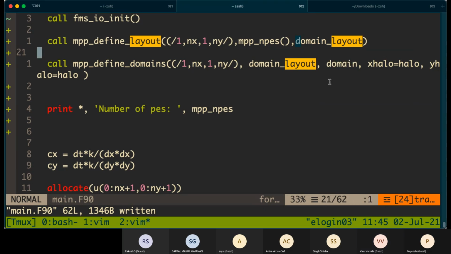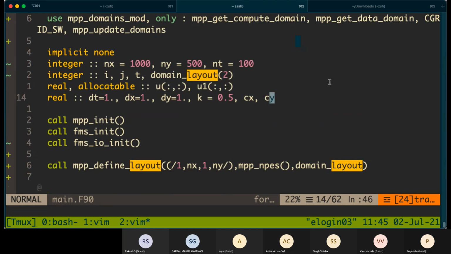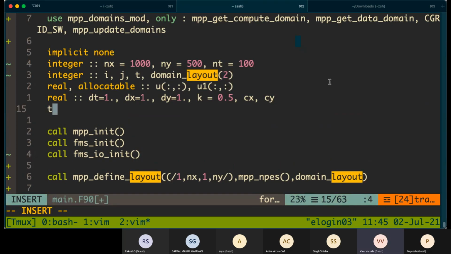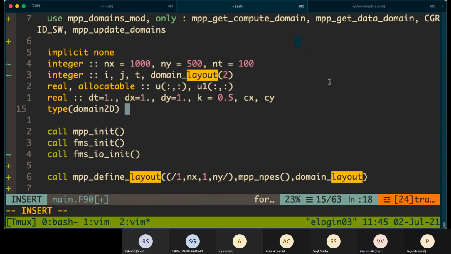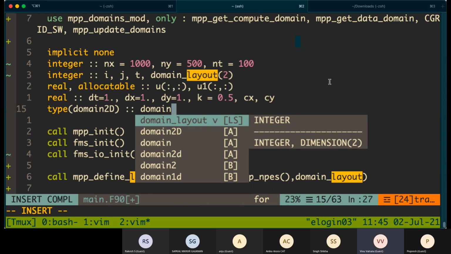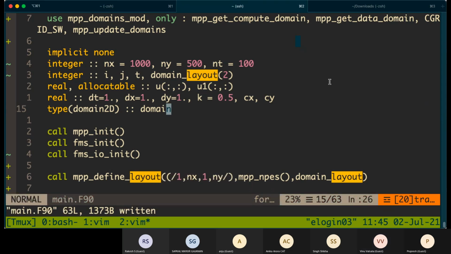This variable should be declared as type domain2D.